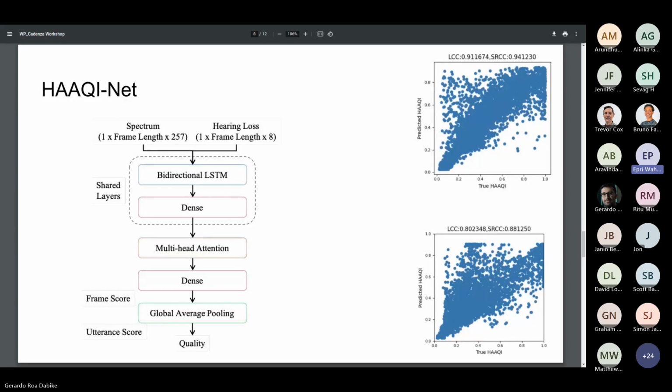But as you can see in here, our prediction score for the Haki needs more calculations, because as you can see, the above is seen data and the bottom is the unseen data.